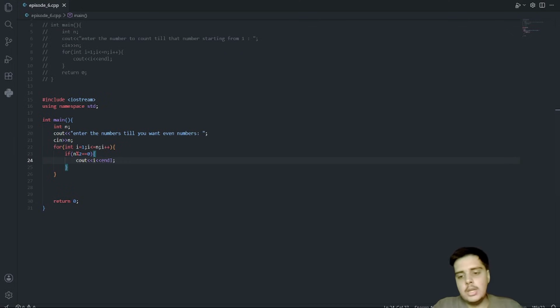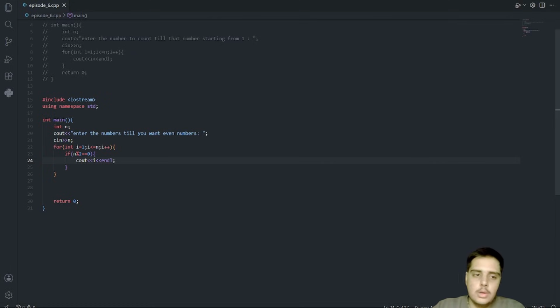The important thing to understand here is that the condition is true only when the number modulus 2 gives 0, which happens whenever it is an even number. One more thing: you have to use double equal to.